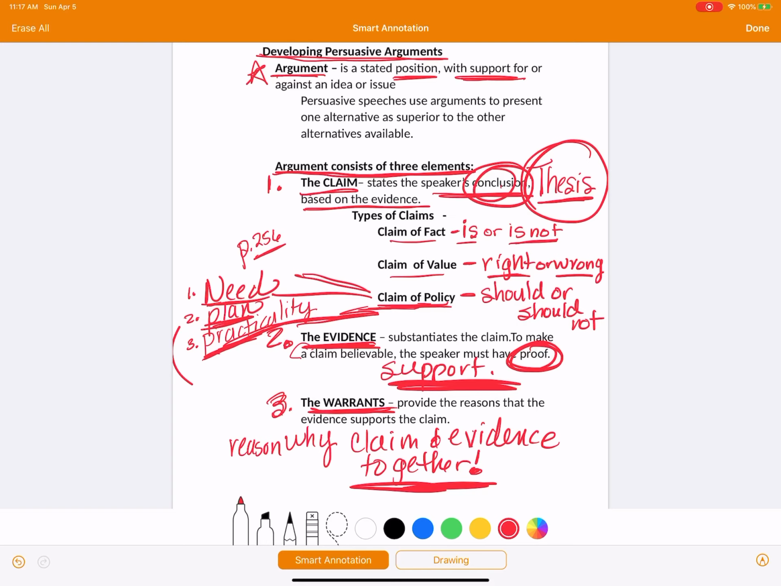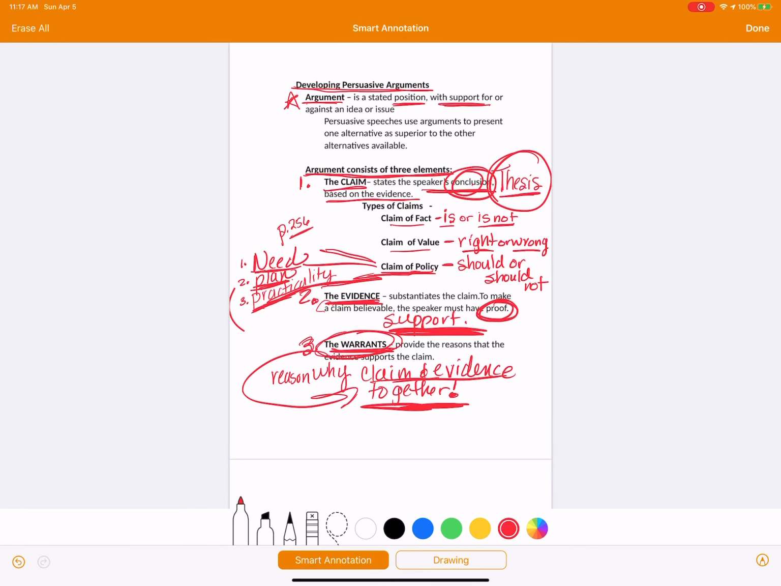All right, so I have all of that, but what I have to do as a speaker, I have to glue it all together and trace out my reasoning why the claim and evidence go together. All right, so that was a short lecture on developing a persuasive